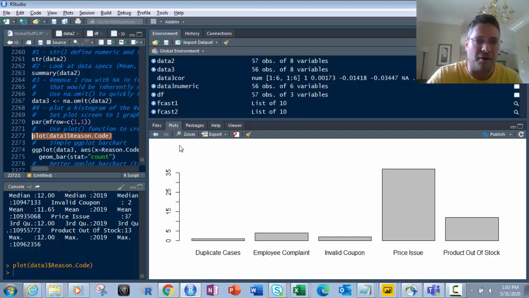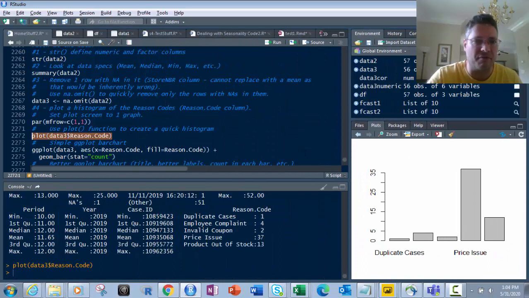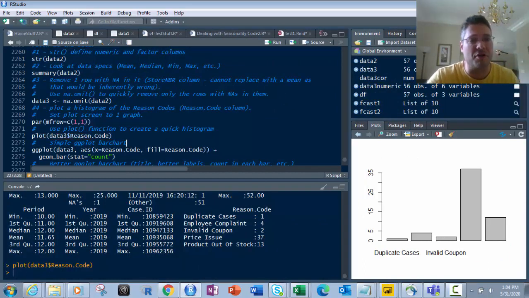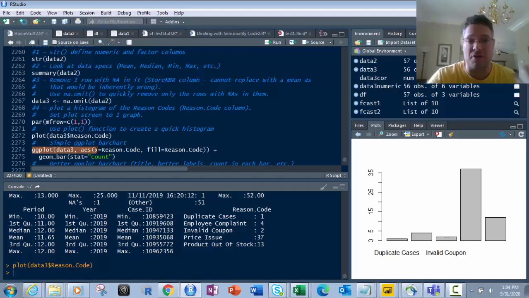Now we don't want to leave it just like this. We want something a little bit nicer and fancier. So I'm going to show you in ggplot. ggplot is one of my favorite functions in R for graphing. We're going to call ggplot, see it right here, of data 3, aes, that's the aesthetics: how do we want to graph it, what are the X's, the Y's, and things like that. In this case, the X is going to be reason code. We're going to fill it by reason code, so each reason code will have a different color, plus